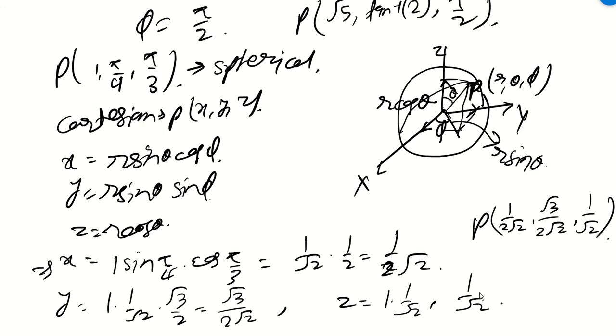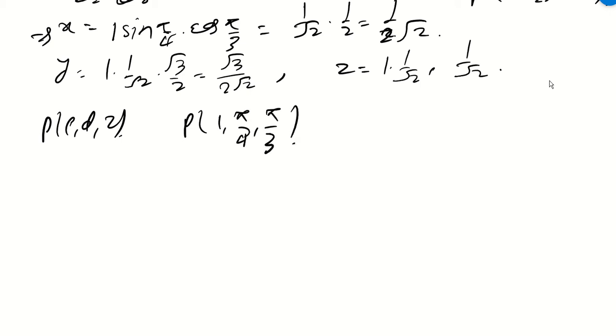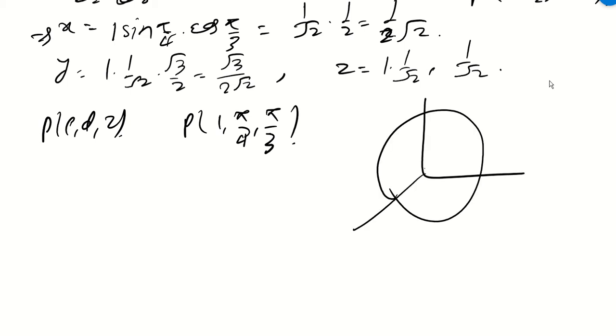Okay. Now our aim is to convert this into cylindrical coordinates. So rho, phi, z we have to calculate from the given point. The spherical coordinates were 1, pi by 4 and pi by 3. I will just draw immediately. This was my point P. We put a perpendicular here. This is my phi, this is my theta, this is my r, and this is x, y, and z. See how fast you can draw and find out your values.